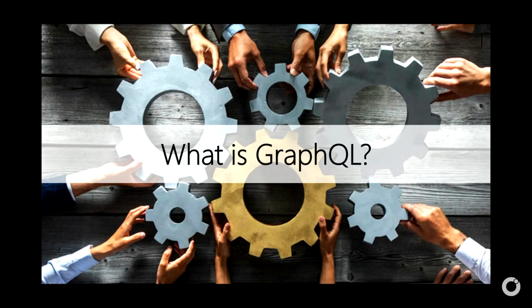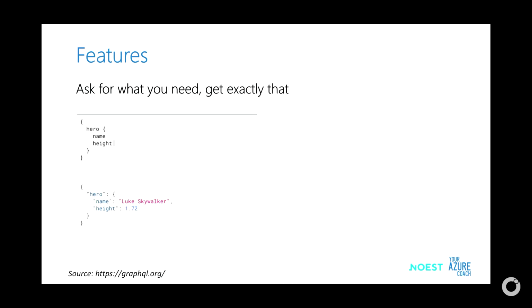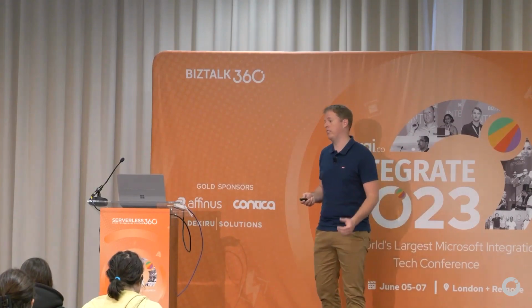So, first introduction, what is GraphQL? It was actually invented by Facebook to optimize the speed of their mobile application. And when you talk about GraphQL, the focus is mostly on the query language side of things. It has some important features. The first one is that you, as a client, an API consumer, ask for the data that you need and only that data. So if you only need the name of a certain entity, you only request the name and you don't get the other properties. Compared to REST, where you typically get your complete resource, here you can just pick and choose what you want, so you don't overfetch data.